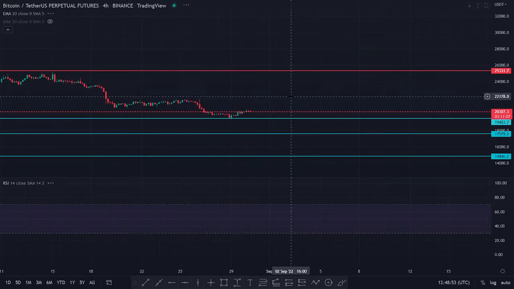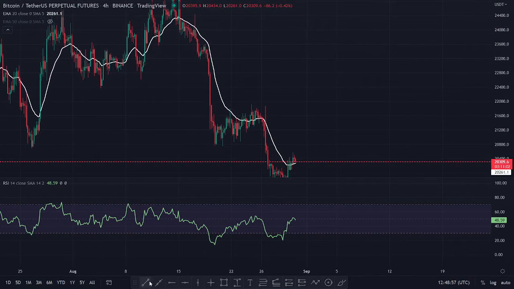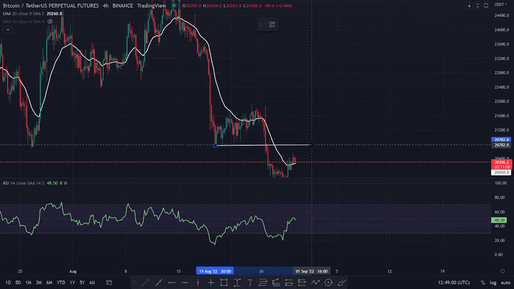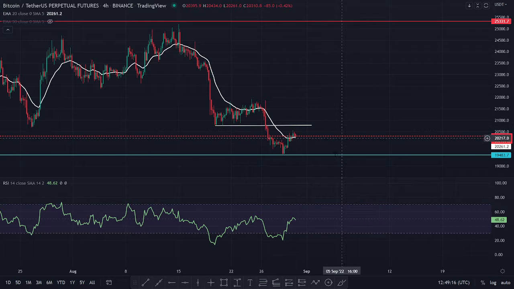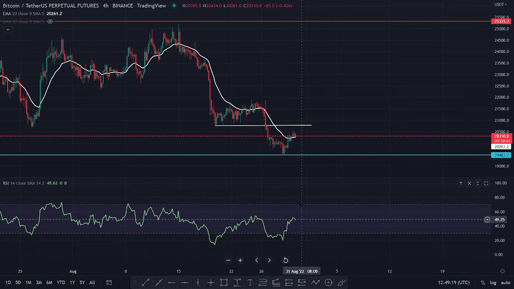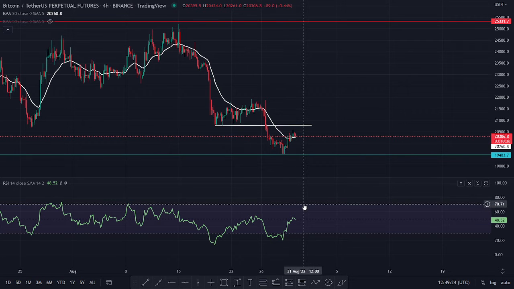Now moving on to this 4 hour chart, an extremely important one. You can see that this area can actually act as resistance once again. So there is this possibility that Bitcoin will possibly go again to this $20,787 level and have a nice rally to the downside. I don't think there is any sign of Bitcoin going up as of now. You can see that this is all a small term retracement here, and RSI is actually in the middle level. And by the time Bitcoin reaches here, possibly RSI will be at this overbought level and signaling a potential downtrend again.